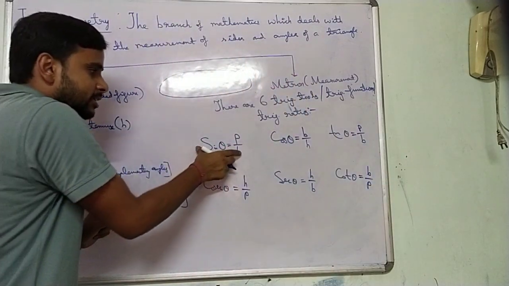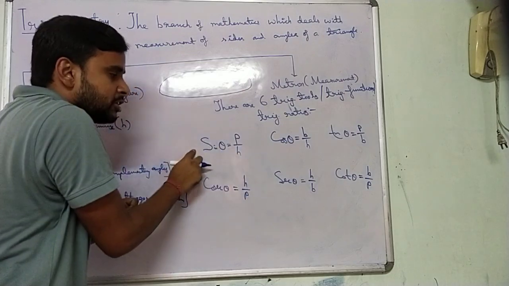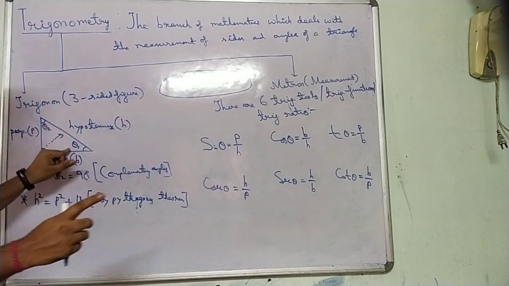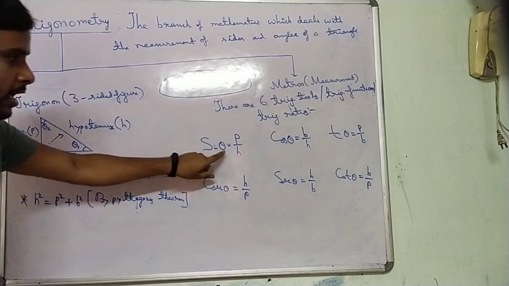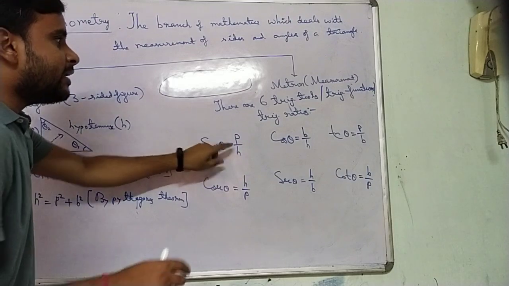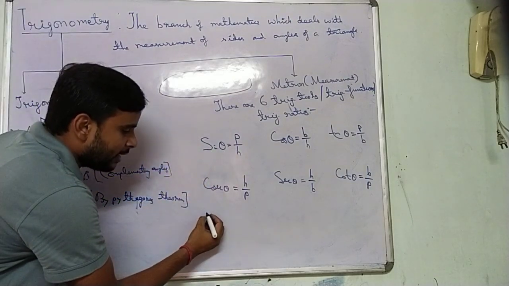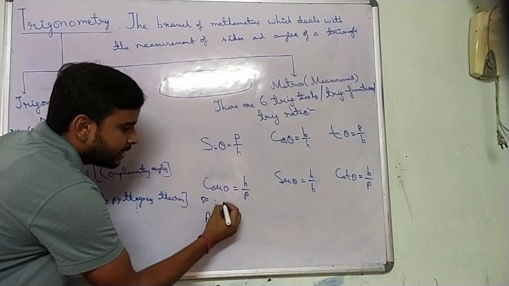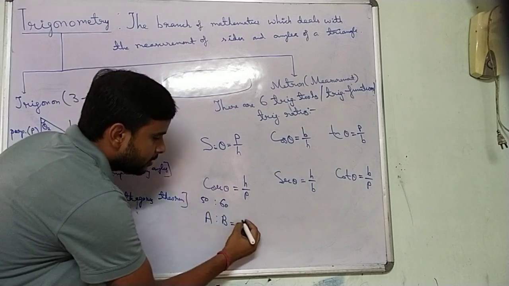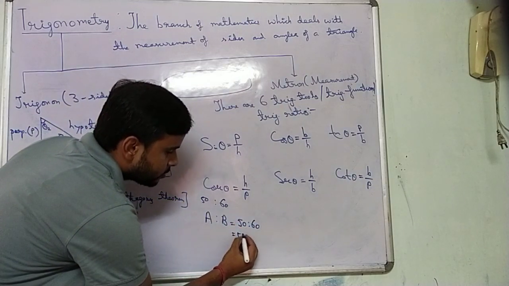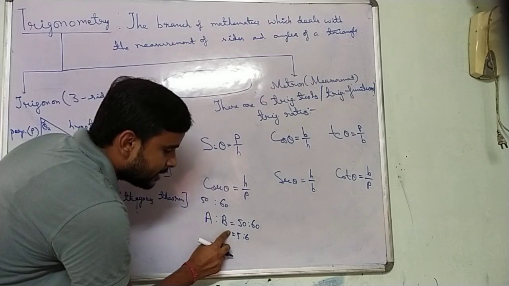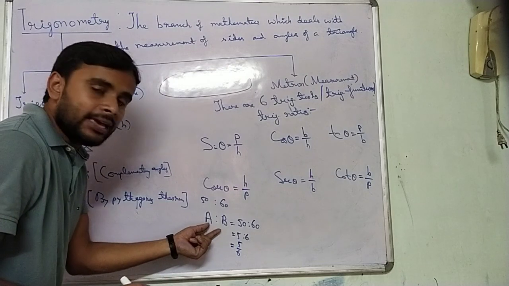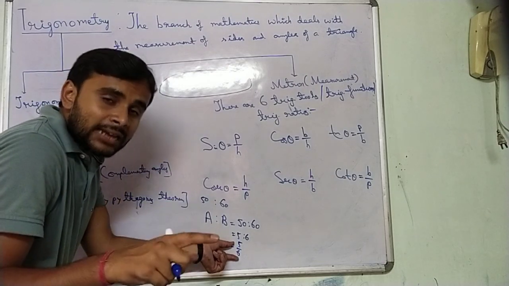And make sure that in each and every one of these functions we are finding a relationship of 3 things. What is that? An acute angle of a right angle triangle, either this or this, and the 2 sides. Just as, suppose I find the ratio between the ages of 2 persons, let's say the age of person A is 50, the age of person B is 60. What is the ratio then? 50 is to 60, that is 5 is to 6. So the age of A is to B is 5 by 6.